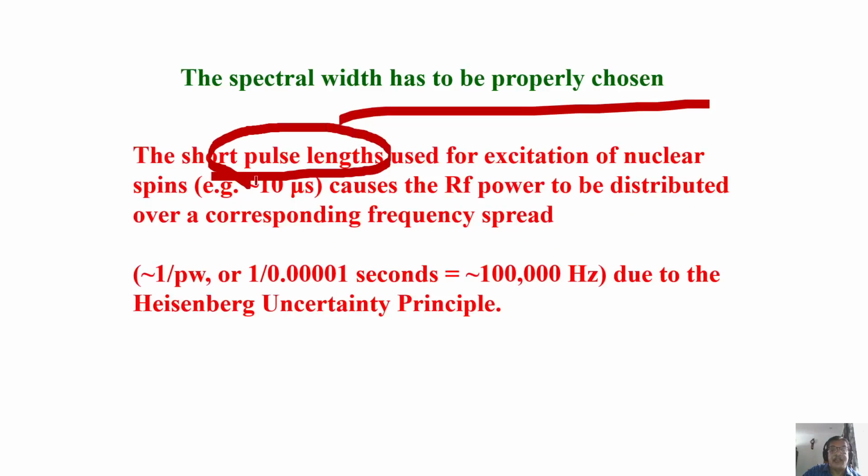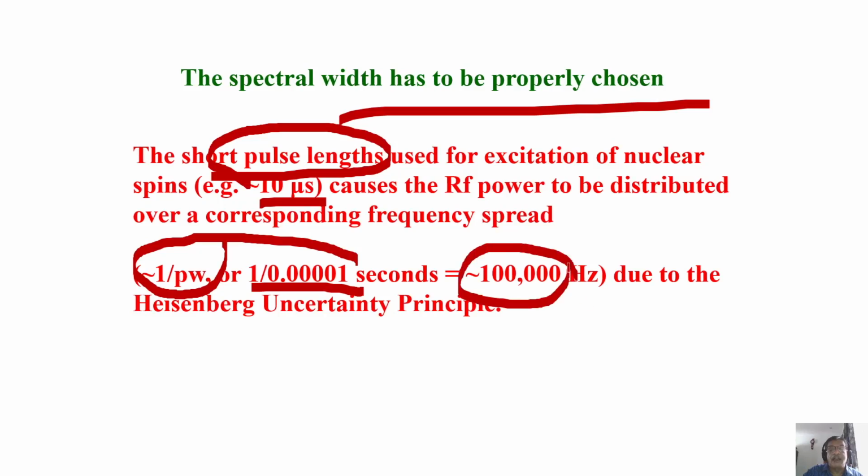Very interesting, right? The RF power pulse which you are going to apply for excitation decides the pulse width which you have to choose. Remember, the excitation profile is the inverse of the pulse width. Let us say I am going to use a 10 microsecond pulse width. That is my 90-degree pulse. I'll tell you how to calculate later. If my 90-degree pulse is 10 microseconds, the inverse of that, calculated in seconds and converted into hertz, is 100,000 hertz.